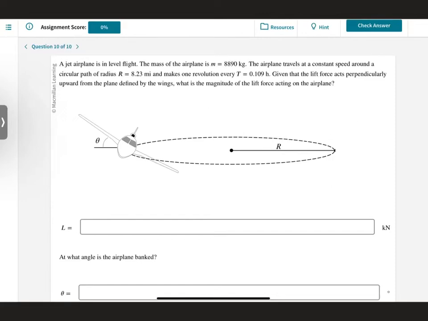Physics 101, spring force and centripetal acceleration, homework number 10. Number 10 out of 10, the airplane problem. We have an airplane going around in a big circle, and you can see that it's banked at an